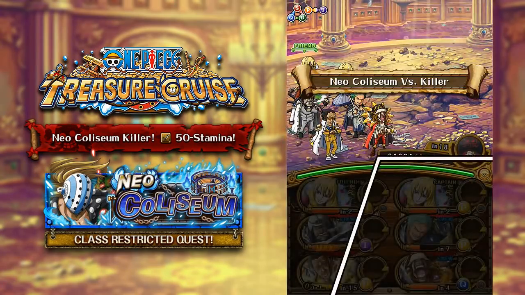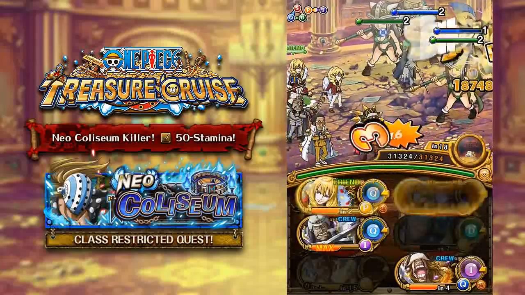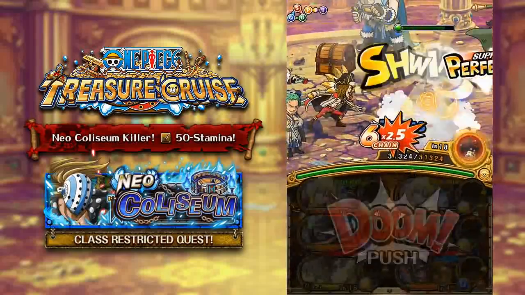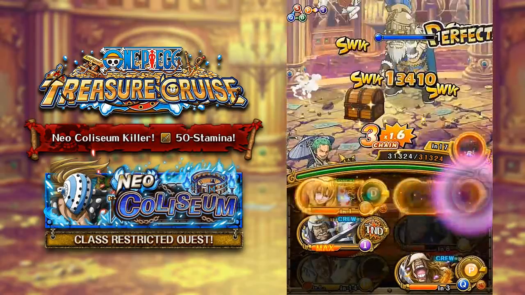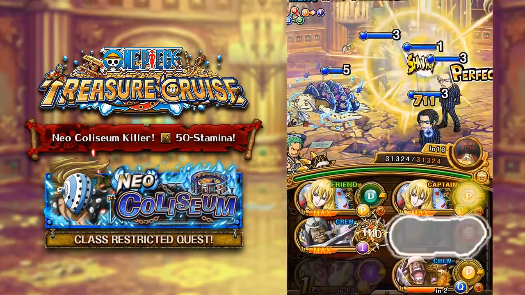So now we're going to talk about the slasher version of Neo Coliseum Killer. On stage 4 of the slasher variation, we have Kid. Kid has 2.29 million health and he'll attack every turn for 4,300 damage. His preemptive attack will go ahead and give you a small orb and attack boost for 99 turns. So you have to bring someone that can remove that so you can apply your own orb and attack boost,